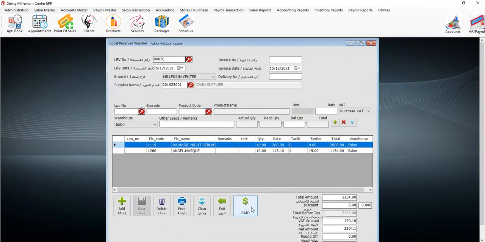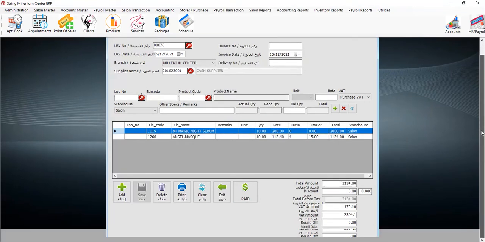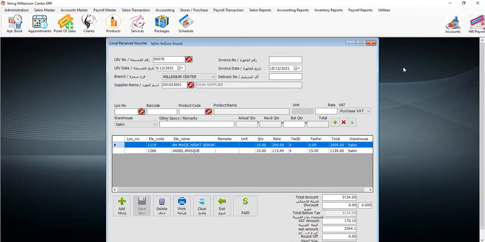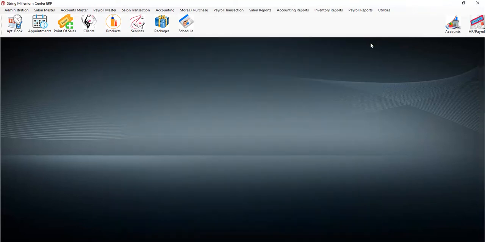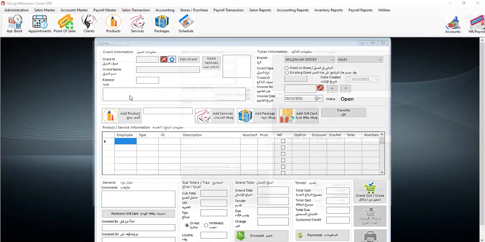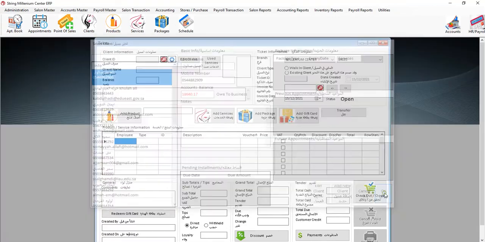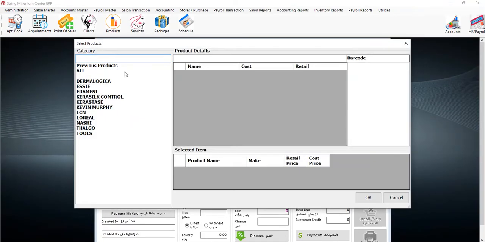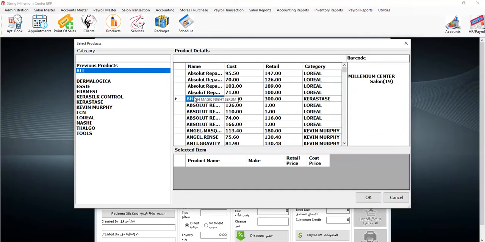If you see now, the status has changed to paid, so this is already paid. Okay, this is how you do it for a new stock. Now if you want to check the quantity, you can check it from here, how much you have when you are selling. When I sell, if I select the product, previously it was 9, now it is 19. Similarly this item also, previously it was 4, now it is 14, because we added 10.